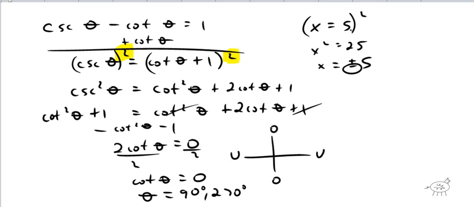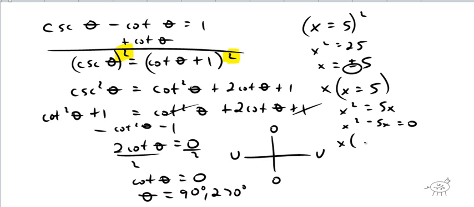So if I plug in a 5, 5 equals 5, that's true. If I plug in negative 5, negative 5 does not equal 5, so I have an extra solution. So whenever you square a term or multiply by a variable, let me give you the same example, x equals 5. If I multiply both sides by x, I get x squared equals 5x. If I move the 5x over,